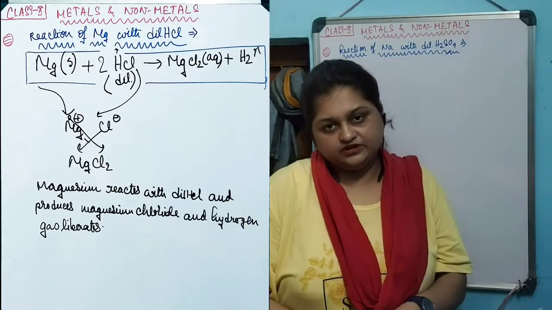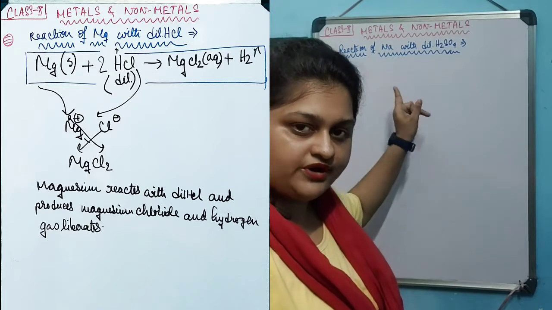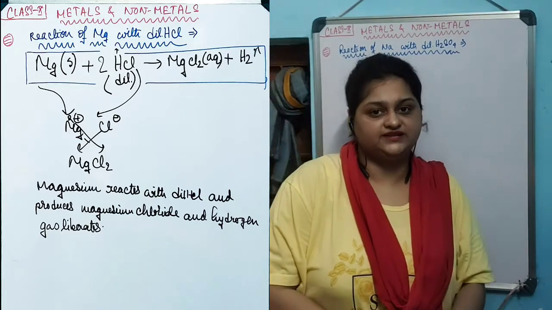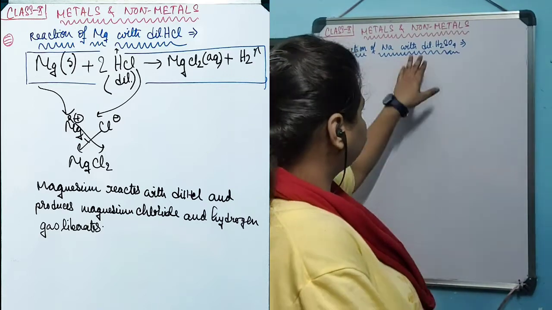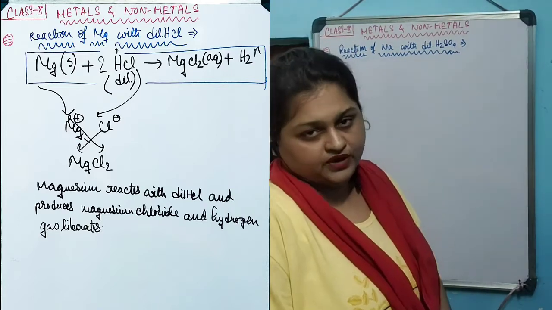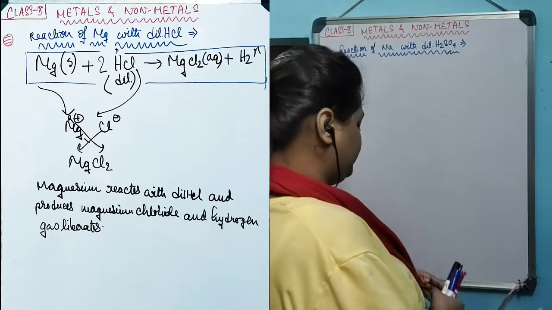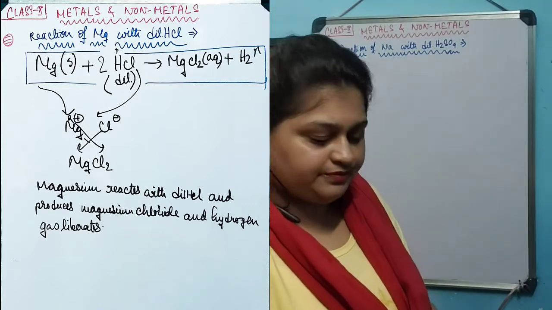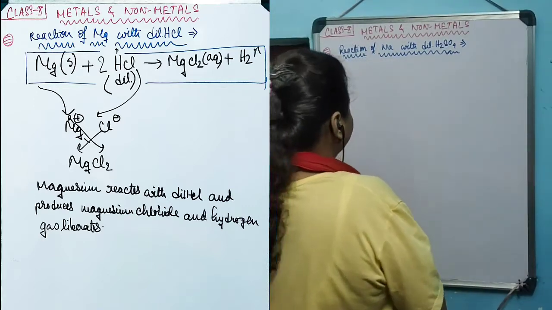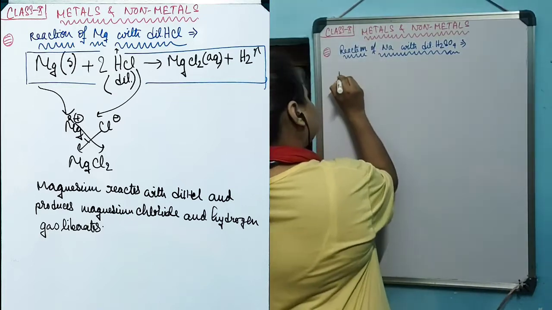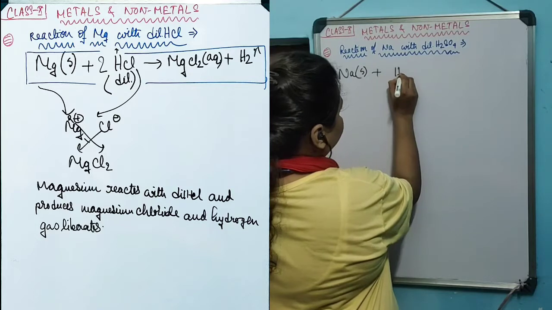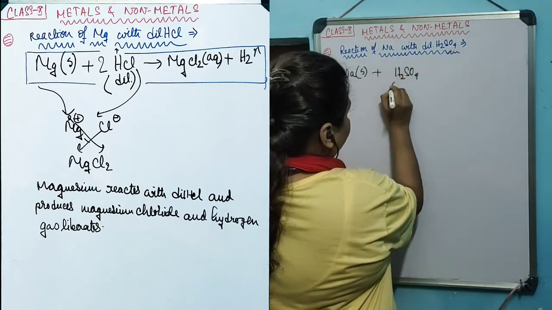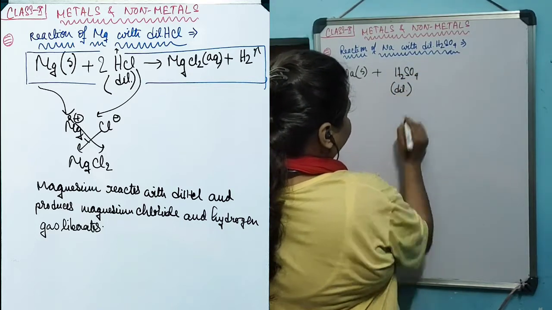In this example, we have taken the same sodium metal, but we have changed the dilute acid. We are taking dilute H2SO4 and reacting that with the sodium metal. Let's see how the reaction pans out for this particular chemical reaction example. Now again, sodium in solid form will react with this H2SO4 in dilute condition.